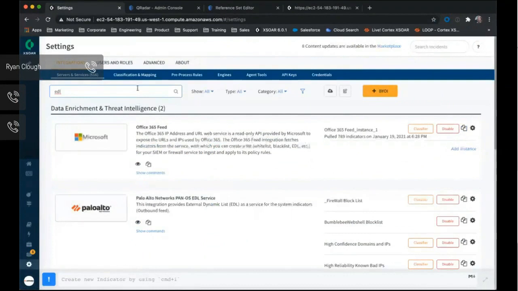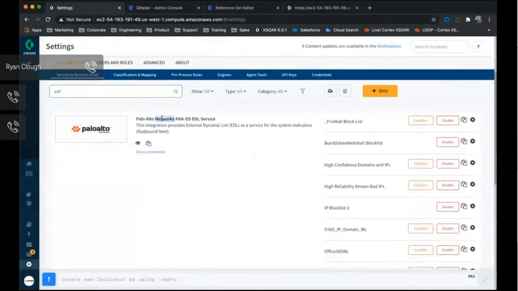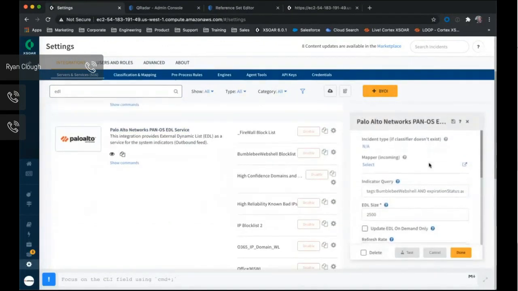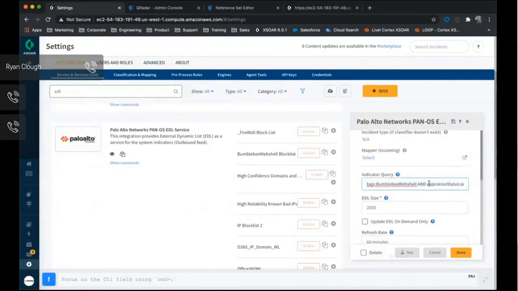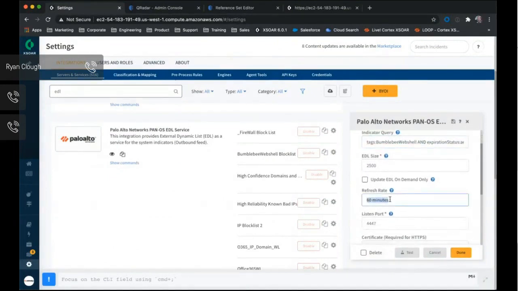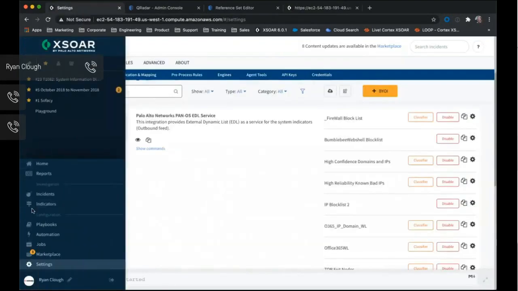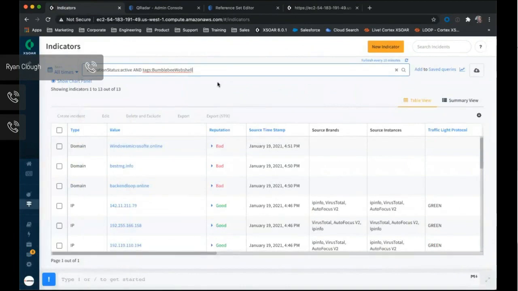I'm going to grab that filter, and I'm going to go create an external dynamic list, right? This is just a list that the Palo Alto firewalls can easily consume. It's dynamically being updated based on the latest query. So you can see I've set one up already here. All I've done is provide that query that we just built, and I chose how often this list should be updated. In this case, I chose every hour. And once I do that, now at a specific endpoint on my XSOAR server, I have all of the indicators that match that query, and that list is always being updated based on the latest intelligence. And I can now send that to my firewall and use that for proactive blocking.